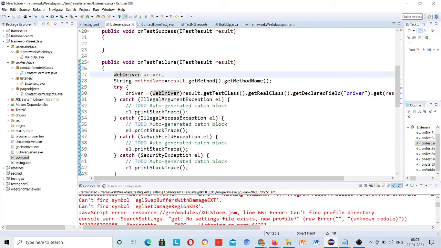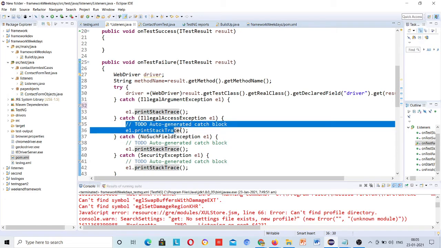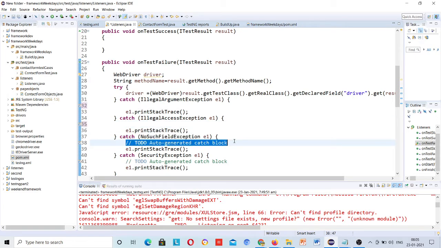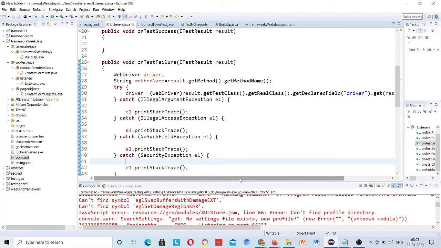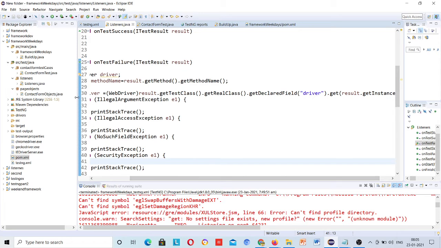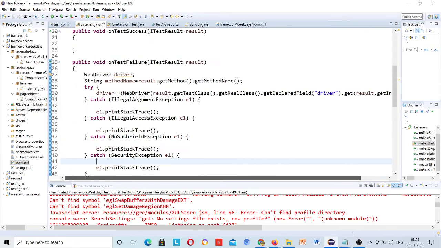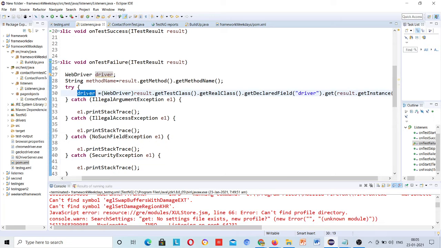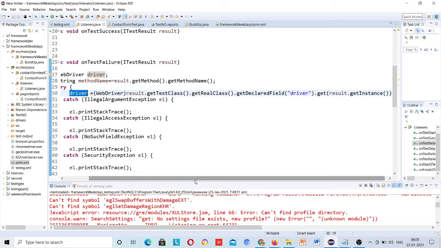Okay, now this much exception will be there, so you have to catch all. Don't need to worry about this code, this will automatically handle. So what this line is about: anything, any method which gets fail. Suppose any driver, so this is for throughout the project, any variable you want to capture. Your project is running, and throughout that project you want to capture any variables, and then this is the common code.